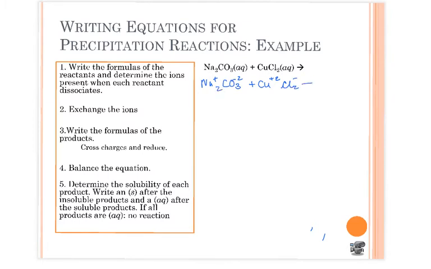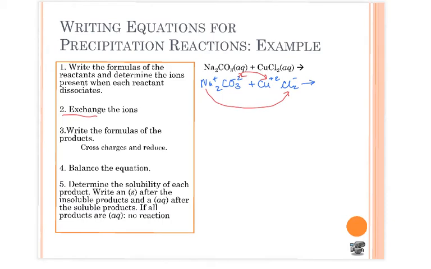And when we have an ion exchange, so we mix this in a solution, we get a swap. Our cation here will go with our anion here, and our cation on our second compound will go with our first anion. So the outside ones combine and the inside ones combine. And so let's exchange these ions in step 2 and write their formulas. So here we end up then with